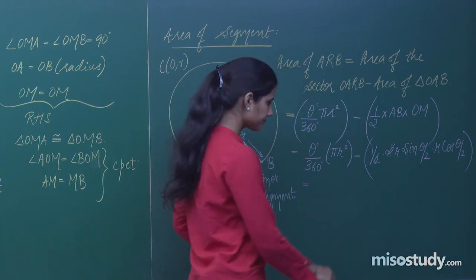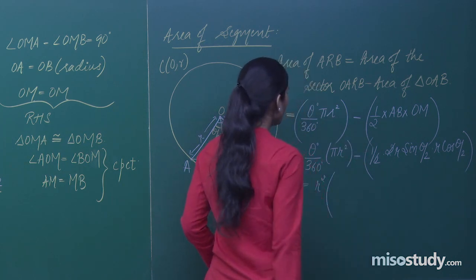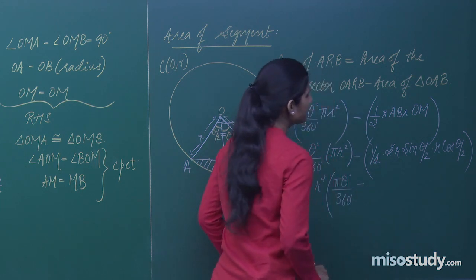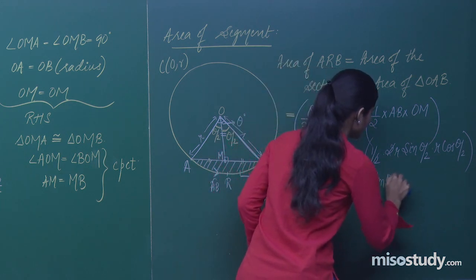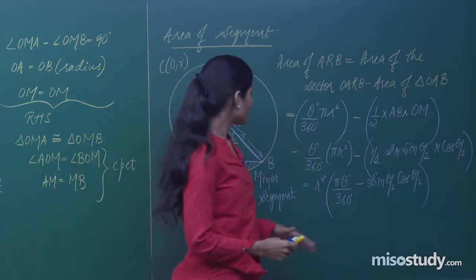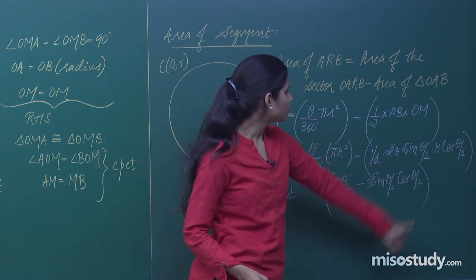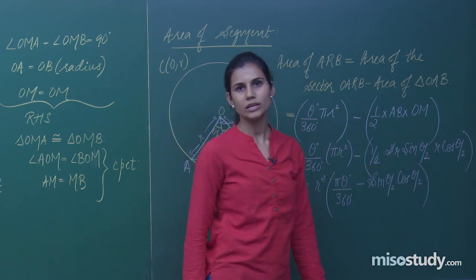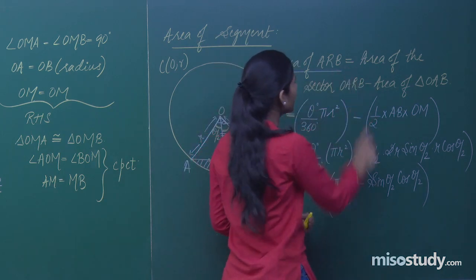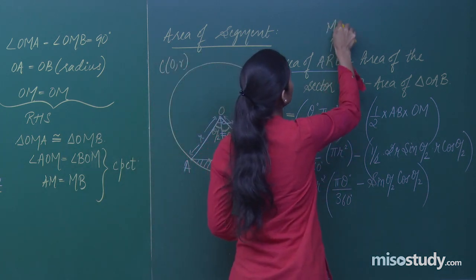So what you do is you take out r square common and you are left with pi theta by 360 minus sin theta by 2 cos theta by 2. Why? Because this is pi r square theta by 360 minus r square sin theta by 2 cos theta by 2. This is r and this is r. So r square. Is it clear? This happens to be the formula of area of ARB, which is actually my minor segment. So area of the minor segment you have